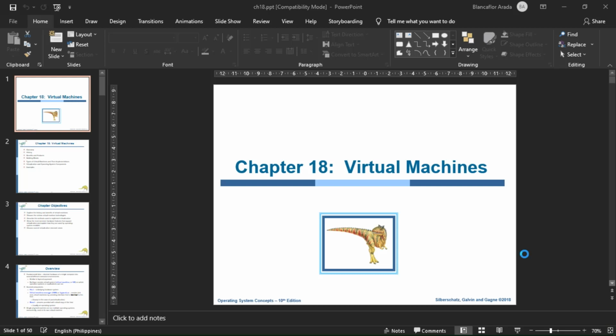So we're already on chapter 18 of the operating systems lecture, which is all about virtual machines. Before we start our lesson, virtual machines are a very innovative technology. Why? Because of this technology, we can use another operating system aside from the one that we are using. You do not need an extra computer to install the operating system that you want to explore or